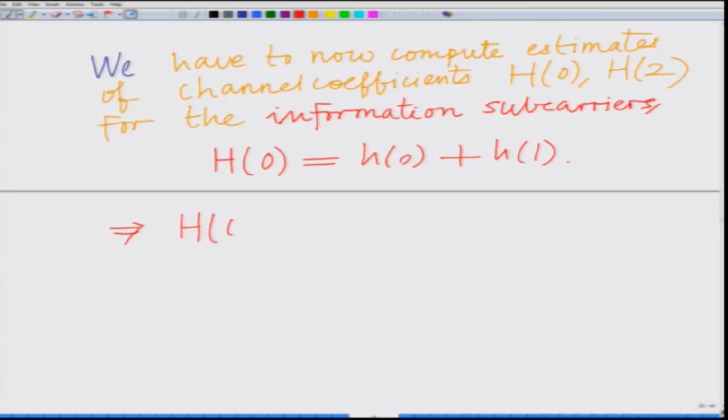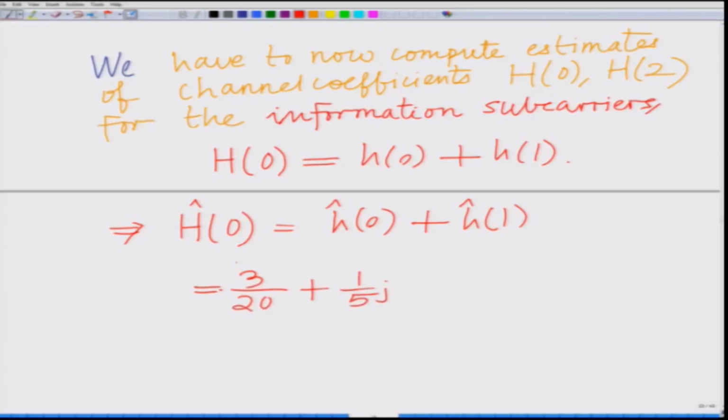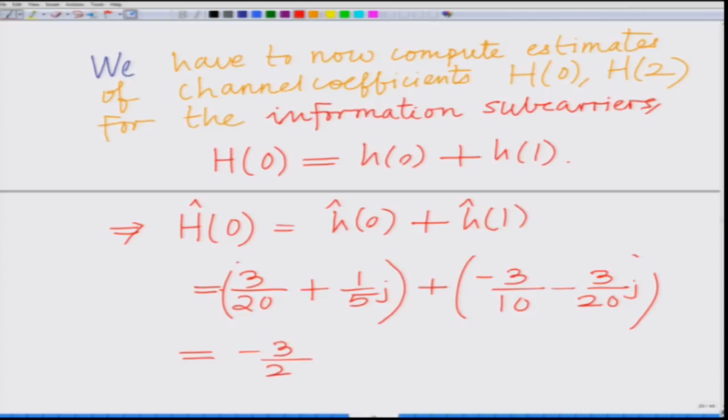So, this implies capital H hat 0 equals small h hat 0 plus small h hat 1, which is equal to 3 by 20 plus 1 by 5 j plus minus 3 by 10 minus 3 by 20 j, equals minus 3 by 20